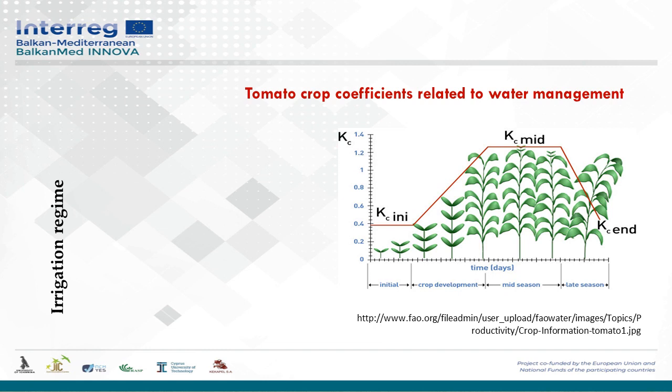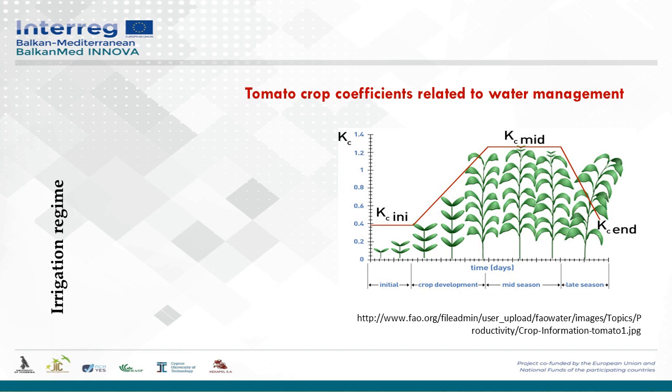However, the water requirements are different according to different stages of development. And as you can see from this graph here, the crop coefficients, we explained the meaning of these coefficients when we talked about the irrigation of vegetable crops,